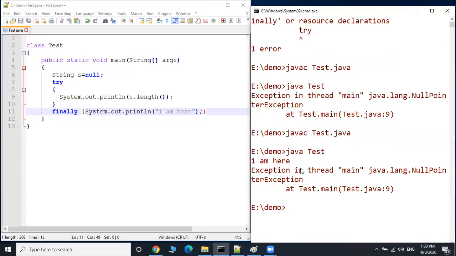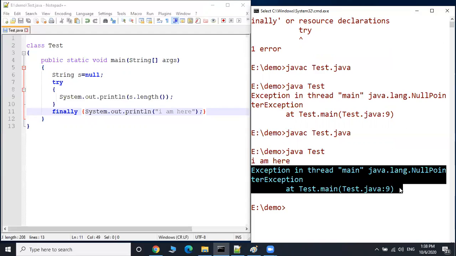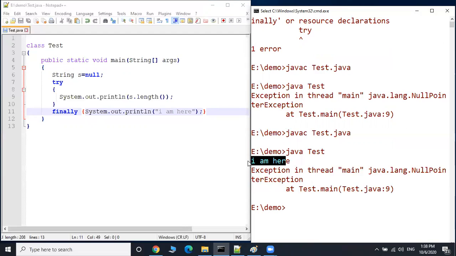The program executed, the finally block executed, and later the exception information was thrown. Even if you are not able to catch the exception, or not handling it properly, still the finally block will execute. The finally block will always execute, whether there is a catch block or not.